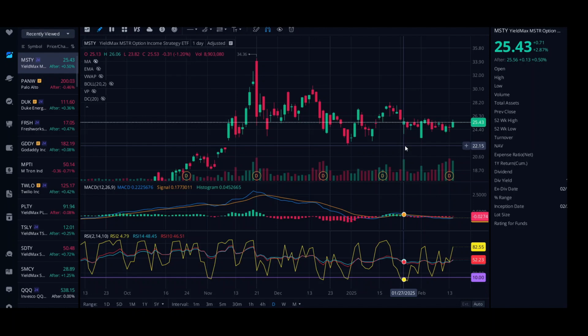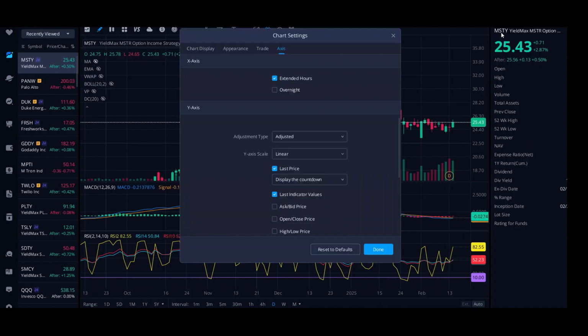I don't know if you've ever looked at your charts and noticed maybe that they might be a little bit different than say other charts that you'll look at. I am showing here on my screen what they call an adjusted chart, and there is also the actual chart. So there are two different charts, and I'll just show you real quick between the two before we get into it. As I said, this is the adjusted chart, and to change it to the actual is pretty